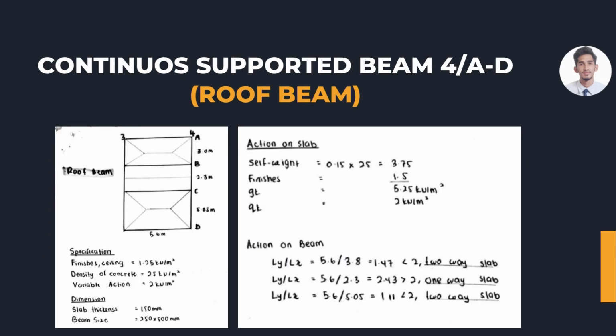So for the continuous supported beam, I calculate the beam for A to D. So this is my layout. The dimension is also the same as for the simply supported beam. The QK is also the same because the location is the roof beam. For the slab 34 AB, we got the two